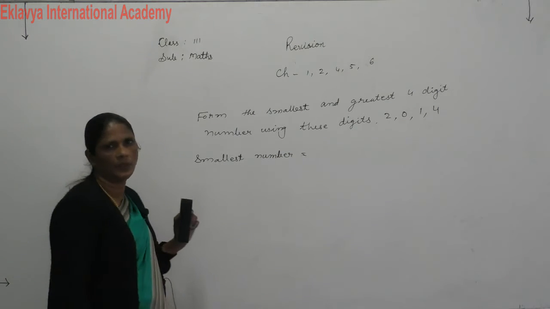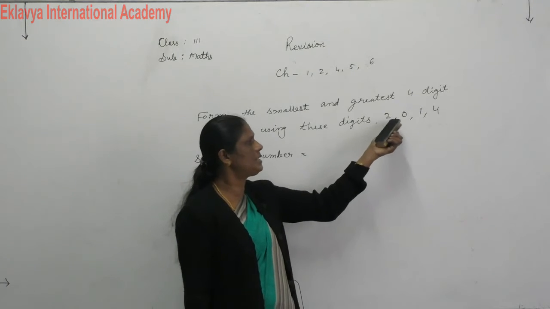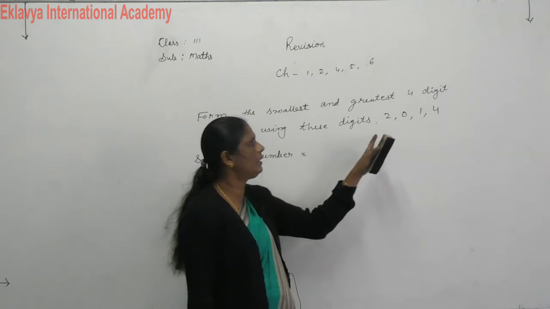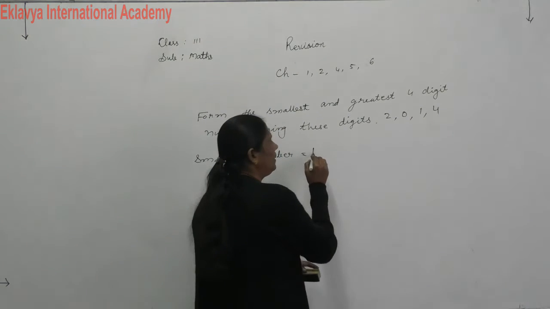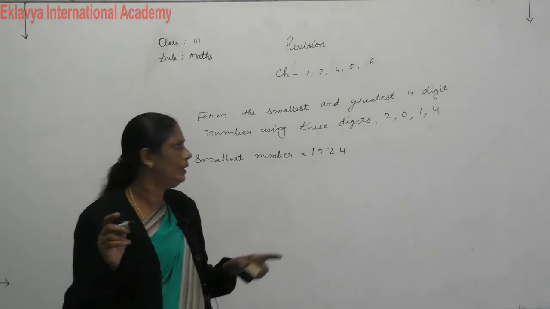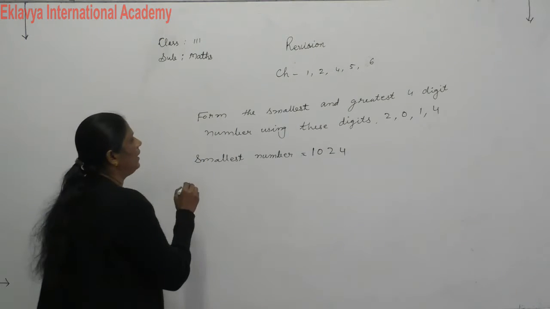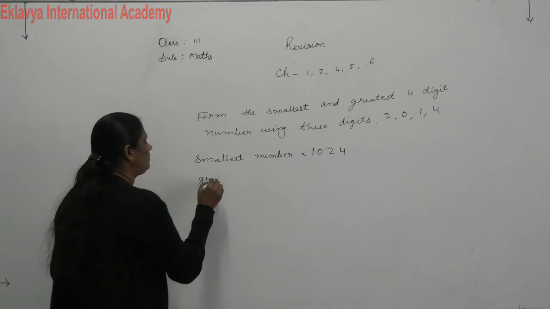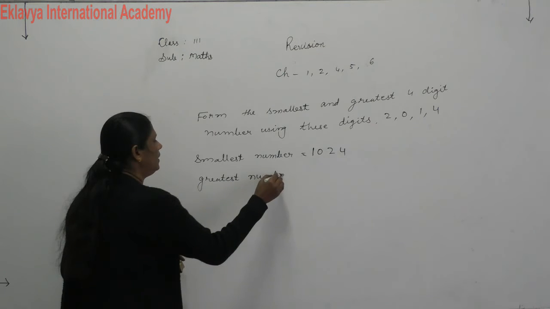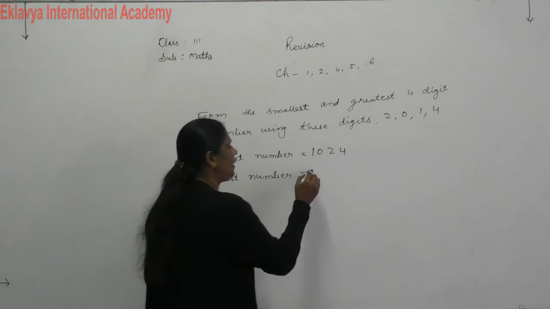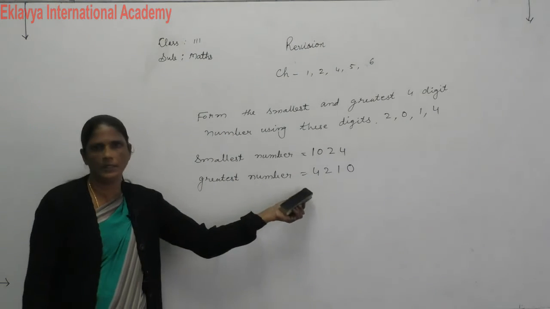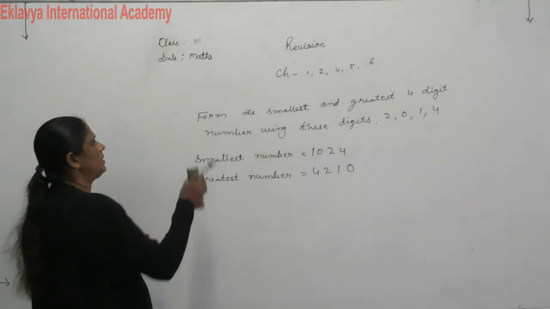The smallest number is equal to, first you take the smallest digit, 0. You don't take 0 first. You take 1 first, then 0, then 2, then 4. Don't put a comma. Then greatest number. First you write 4, then 2, then 1, then 0. Don't put a comma here also. Understand? Next,